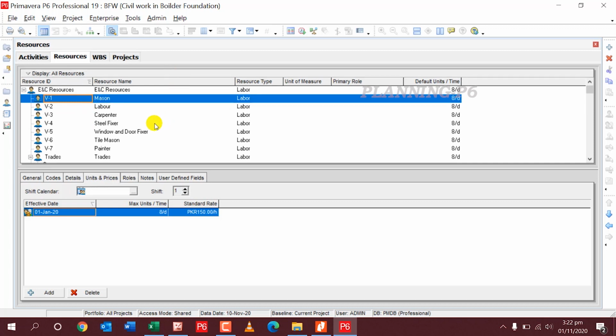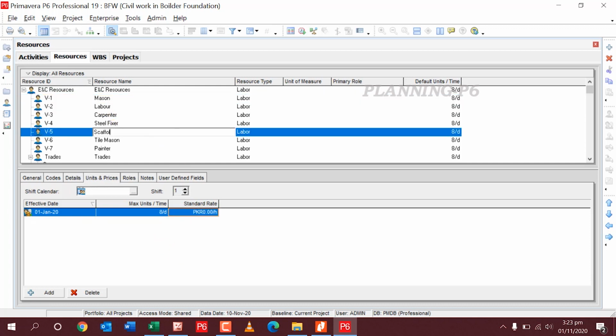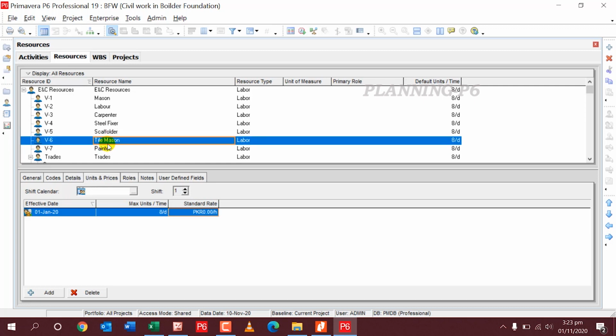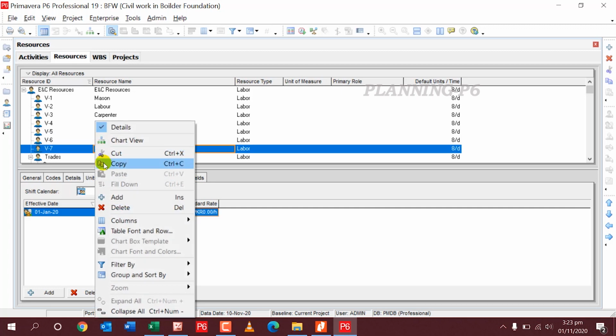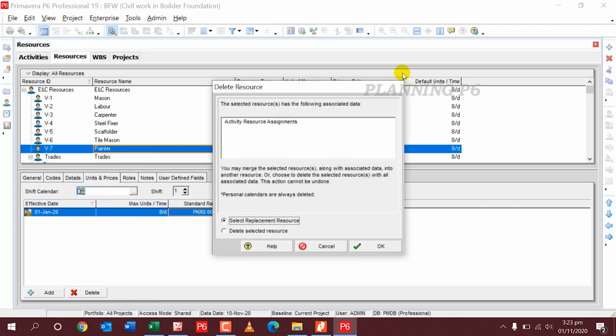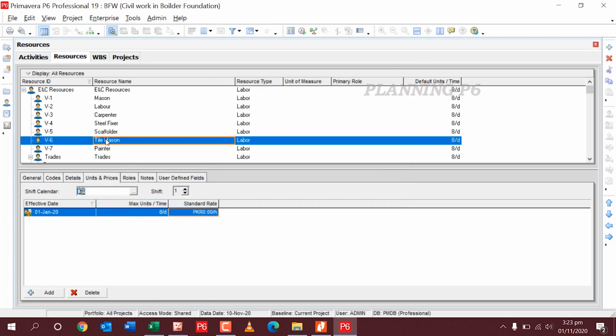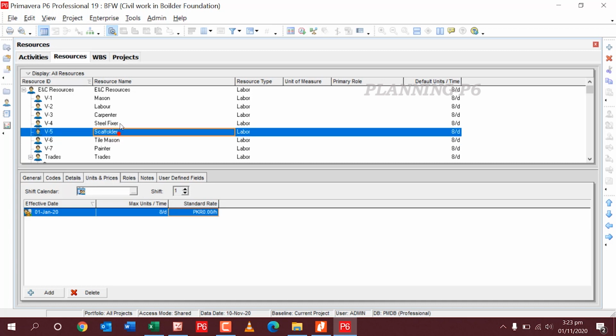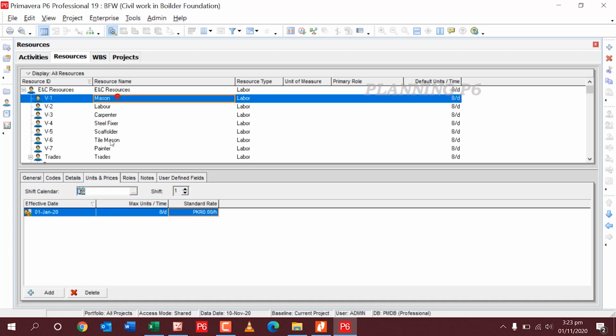But now what I will do, I will hold on the cost to 0 for all my labors. Enter. Cancel here painter. We require scaffolder, steel fixer, carpenter, labor, mason, and here for tile mason I need a cost loading.